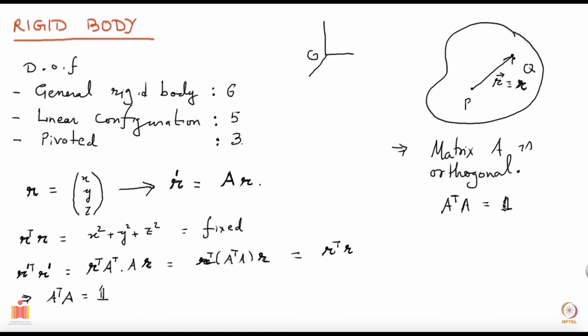And one very important property of a matrix is its determinant. So whenever you come across a matrix, you think about its trace, you think about its eigenvalues, you think about its determinant. These are the things which should pop up in our head. So let's ask about its determinant, if it's an orthogonal matrix. So let's ask the determinant of matrix A if it is orthogonal. Let's go to the next page.